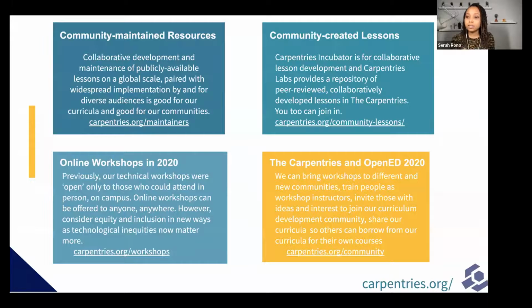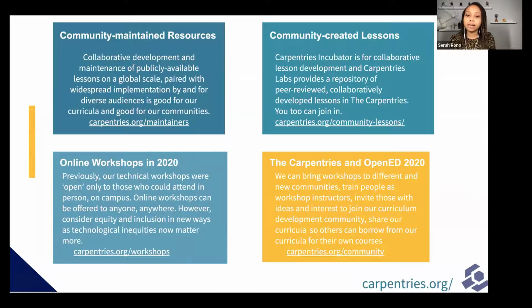And once these lessons have been developed collaboratively by community members for new domains, and they're ready to be taught in workshops, they are moved from the incubator program into the Carpentries Labs program, which allows for these lessons to be tested and improved based on responses from how people have experienced the new lessons in workshops.